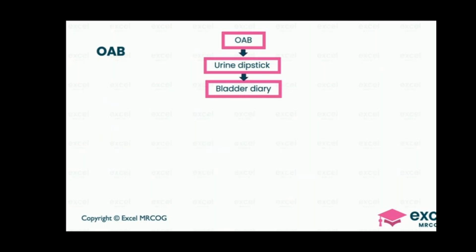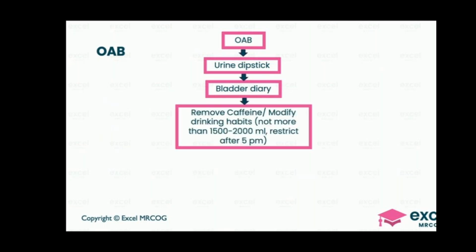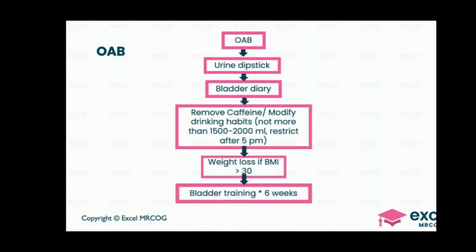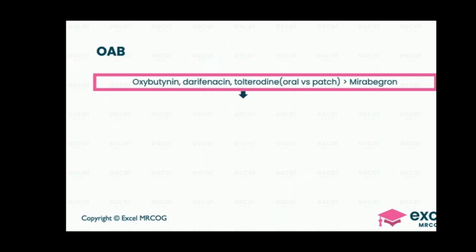Bladder diary. Yes, excellent. Next, remove any factors that may precipitate the problem. Okay, the lifestyle modification. Lifestyle modification would be your weight loss and all those things. Bladder training. Okay, so bladder training is given for 6 weeks. That doesn't work. Next is